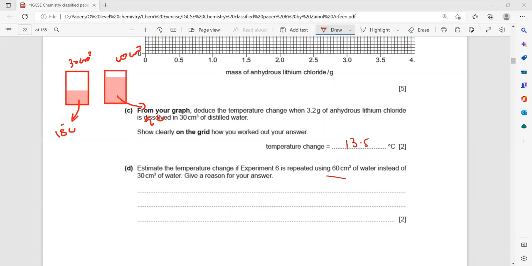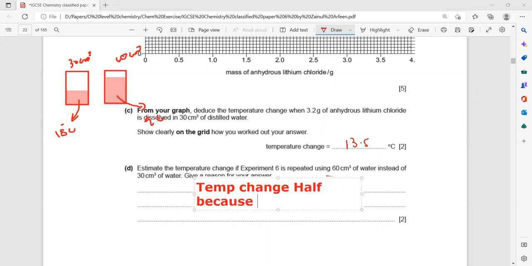So here the answer: the temperature change will be half because the volume of the water is doubled. Yeah, water is not a reactant. Here what happened, this salt